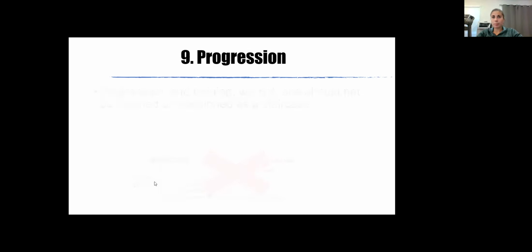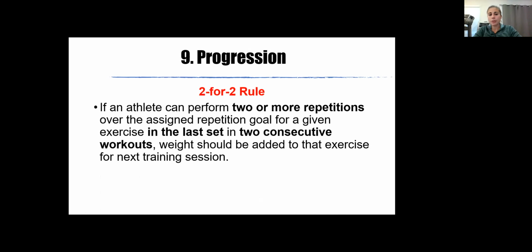Okay. So there's a rule for when we can maybe start adding weight. It's called a 2-for-2 rule. So how do we know when the client's ready to add weight? Because it's like, oh yeah, let's just add weight, right? Well, it might be a little harder than just saying that. So here's the rule. If you can perform 2 or more repetitions over the assigned repetition goal at this,